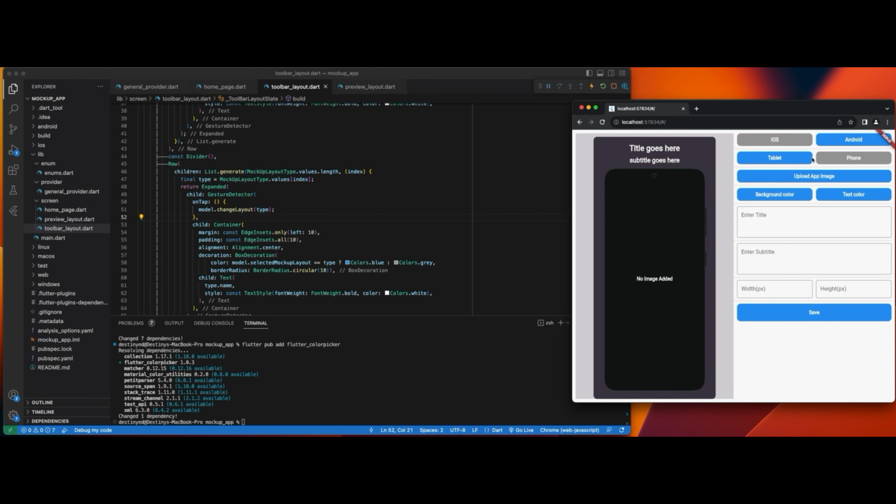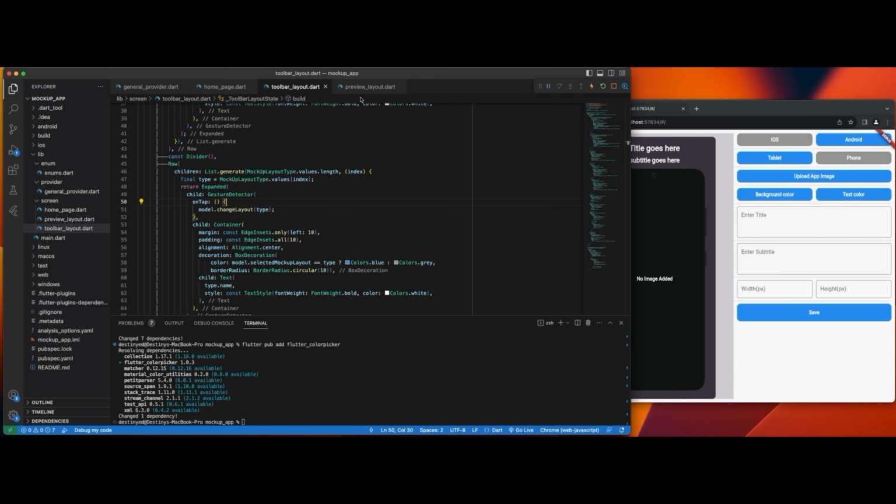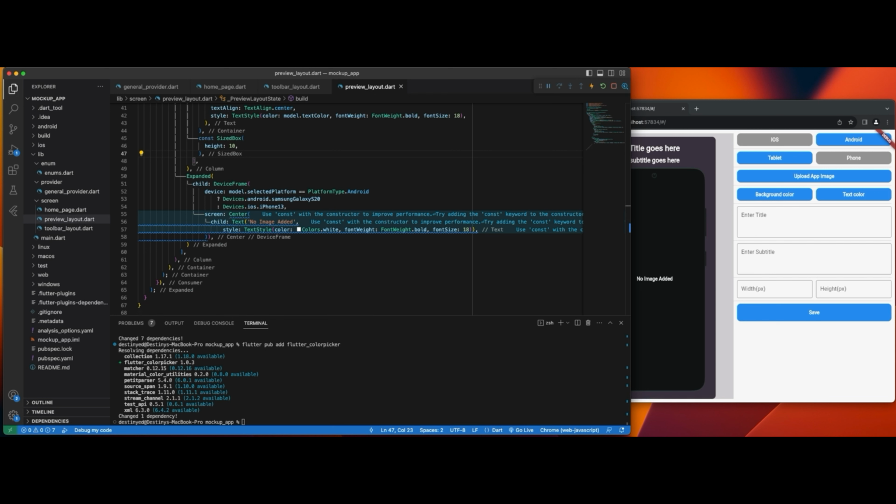Cool. You can see now it's changing accordingly, but now the mockup is not changing, right? So that means I need to go back to our preview layout, and then inside this preview layout, I'm going to change the mockup based on how I want it to look. Okay, so for this, I have the mockup. I'm going to check for some conditions here. I think I need to modify this a little bit. So if model, I think I already have this guy, so instead of doing it from scratch again, which is going to take a long time,